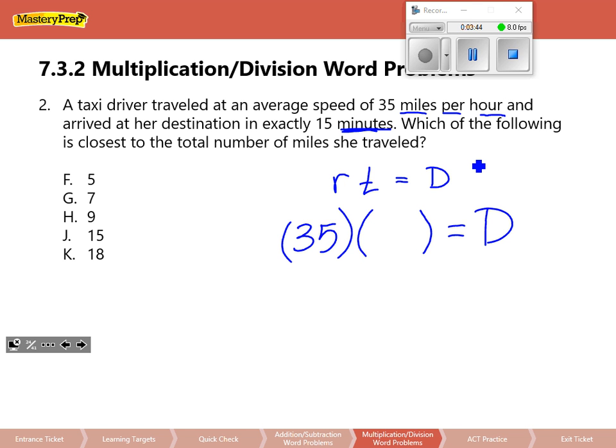Minutes. We need it in, do we need it in minutes? We need it in what? How many minutes are in an hour? So to find out how many 15 minutes is in hours, well, we can just do 15 divided by 60. Really, at this point here, we can do what? 35 times 15 over 60. And the total distance traveled is